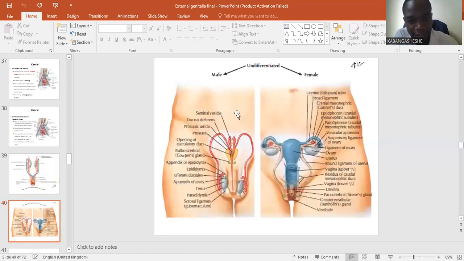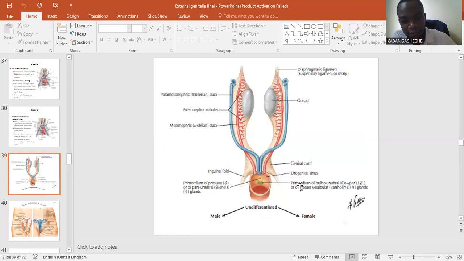So let's quickly look at this diagram. Here on your right, you have a male reproductive system, on the left, female. You can see that the Wolffian duct, which is male, has given us all these structures of the male reproductive organ, whereas the Mullerian duct, which is female, has given us all these reproductive organs, which are female. And as I was saying, in an event that one of these tubes does not die completely, that's when you